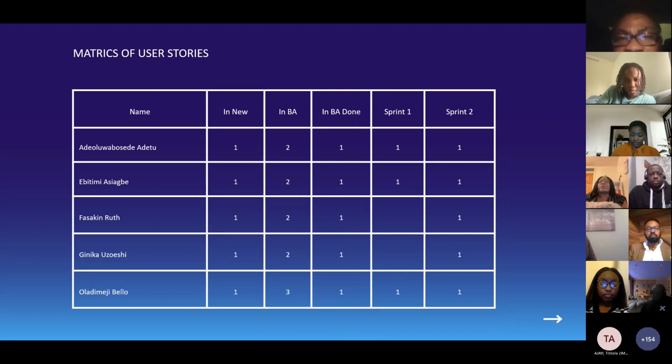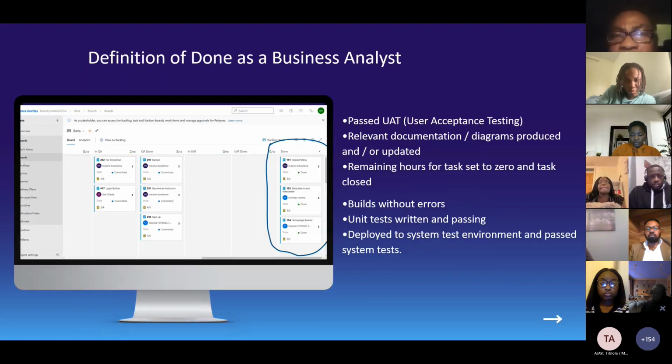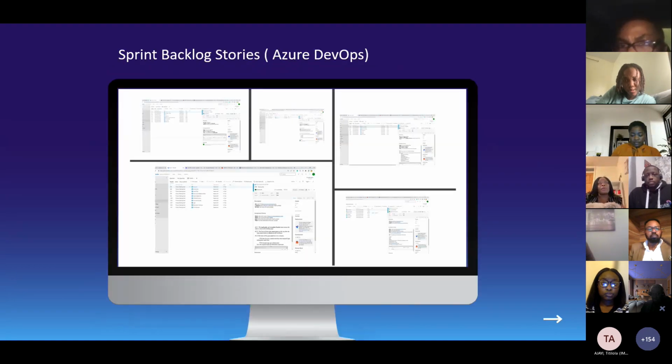This is a metric of some of the user stories written by each BA. Next, please. A definition of ready and how it's being shown on the board. Next, please. This is for the BA shown on the Agile board. Next, please.